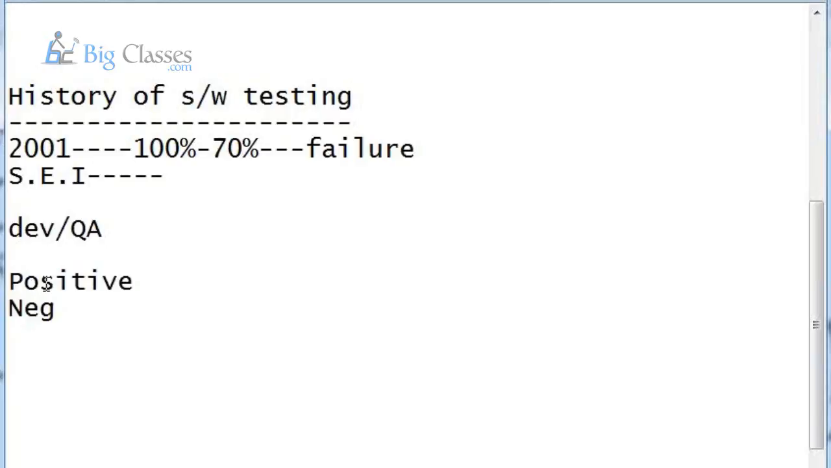But as testing engineers, we should concentrate on both positive testing and negative testing. See, guys, positive and negative testing is important not only in the software industry, but anywhere. Positive and negative testing is important anywhere. Means,